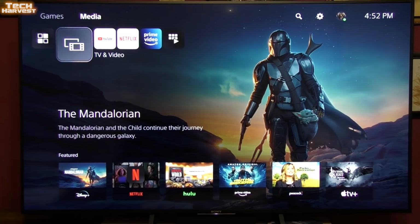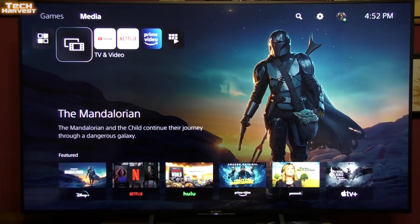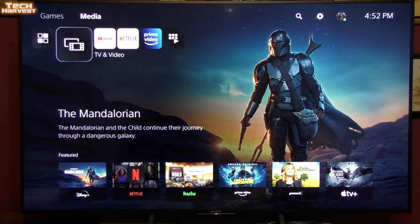But it is nice to have a media remote that is very responsive to control the PlayStation. And again, my logic to own this is because you can watch your media on your PlayStation 5 without actually having to drain the battery life of your DualSense controller. You want to use the DualSense for gaming, and this is, in my mind, worth not having to charge up